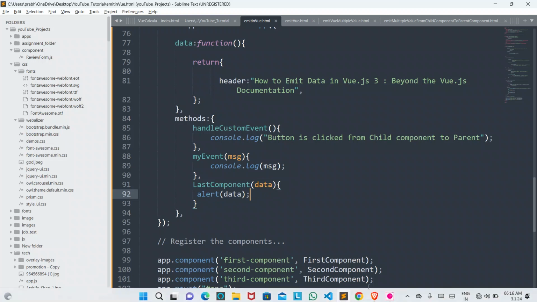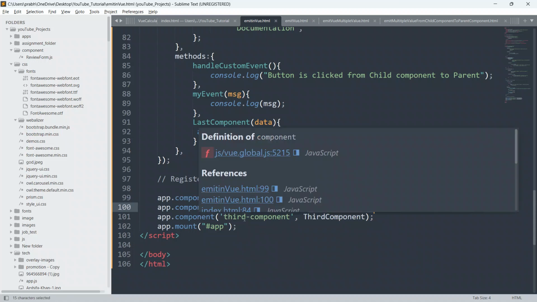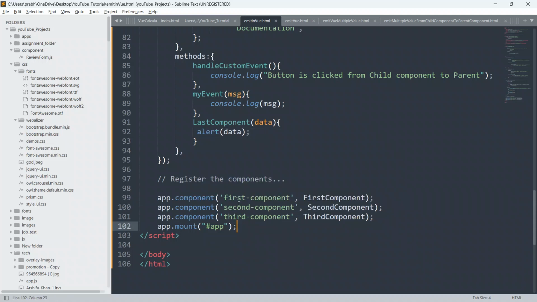So just save your code. You can see here I have registered the components. I have registered all three components by saying app.component, first component name, app.component, second component name, app.component, third component name, and we have used the first component as a custom tag, the second component as a custom tag, and the third component as a custom tag.